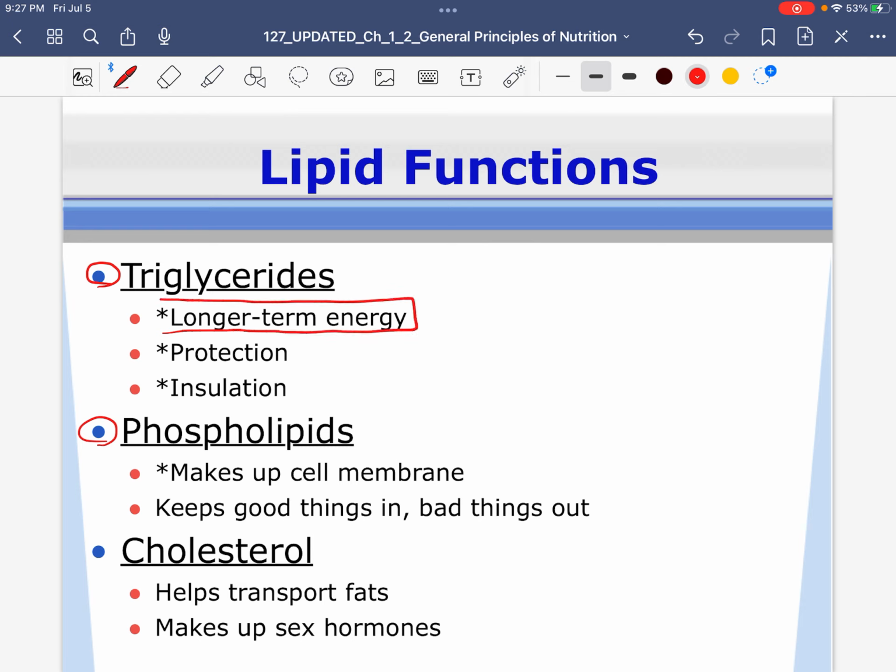long-term energy. We just got done talking about carbohydrates, right? What is the function of carbohydrates? It is used as energy in our cells. But what do we say about carbohydrates? It is what our cells go to first. Well, what do our cells go to second? Fats. So fats are also a form of energy, can give us energy, but it's a little bit longer term